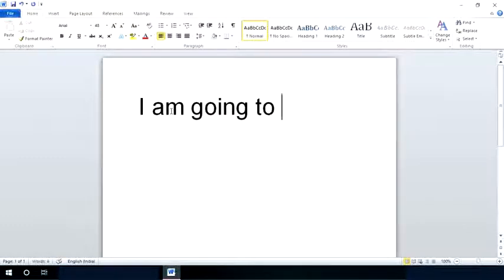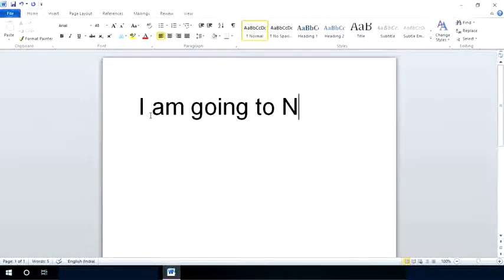Now I am typing, I am going to Nico Park. As you know, Nico Park is a special naming word and I need to write N and P in capital. So instead of pressing caps lock, I can use the Shift key to capitalize the letters. So as I keep on holding the Shift key and I press N, you can see N has come